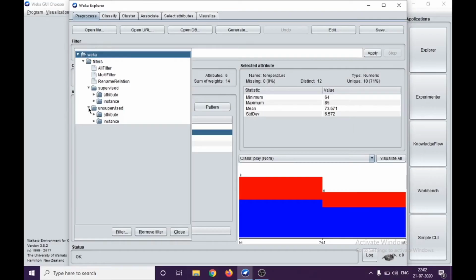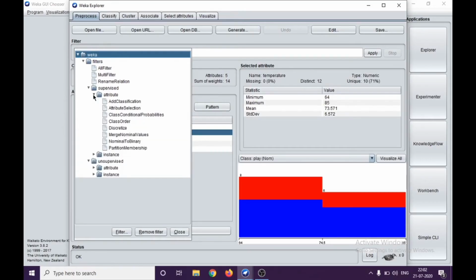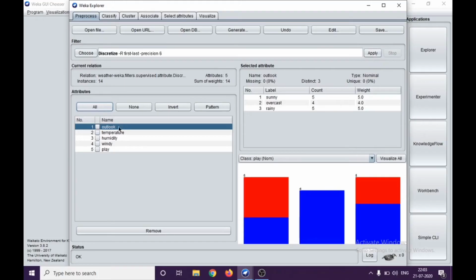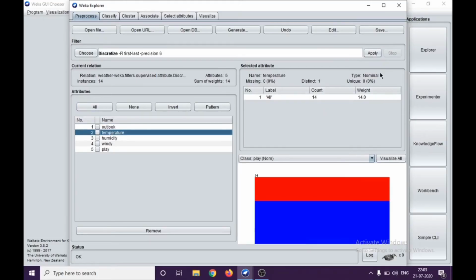Because we are working with the attribute, I'll be going with the supervised attribute filter, and there is an option where I can discretize the values. Once I select discretization, this will convert these numeric values into nominal values. As you can see here, now the temperature value is changed.